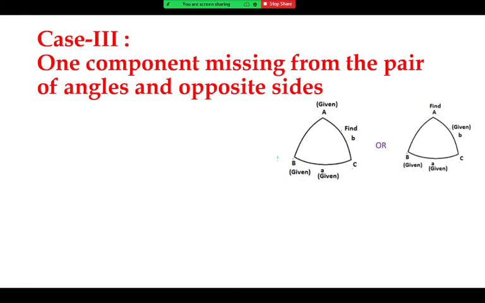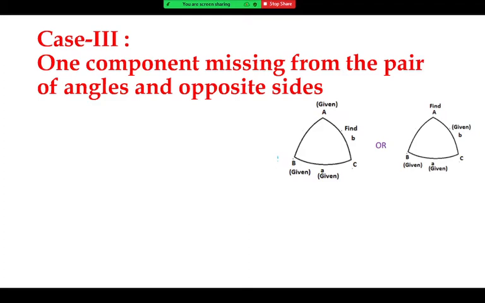So this one is our session number 3 for spherical trigonometry. In session number 1, we just saw the introduction and prerequisites of spherical trigonometry. Some definitions we saw: what is a great circle, how many components there are in a triangle, and each component is given in terms of theta only, whether in degrees or radians.